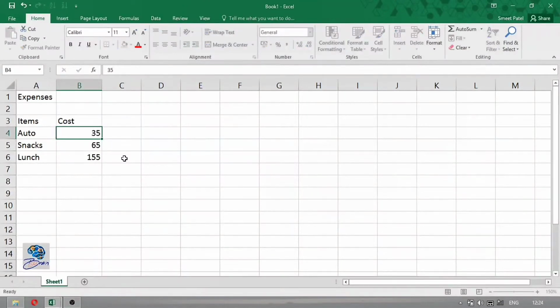If I want to edit the 35, how can I edit? If you want to edit the 35 without deleting it, you can click on the formula bar, and you can write 75 or 72 or 70, any random numbers as per your expenses. And if you want to edit right from the cells, you can also double click the cell. So you can write up 75, 78, 79 or 70, etc.